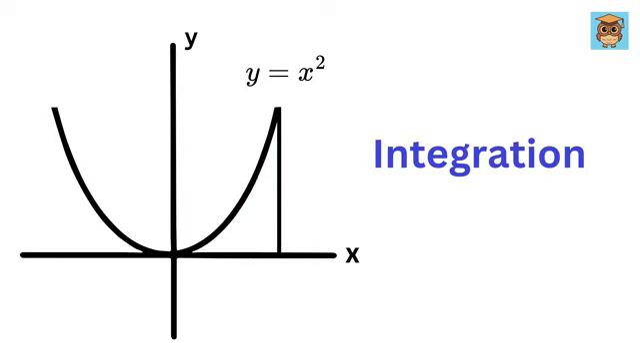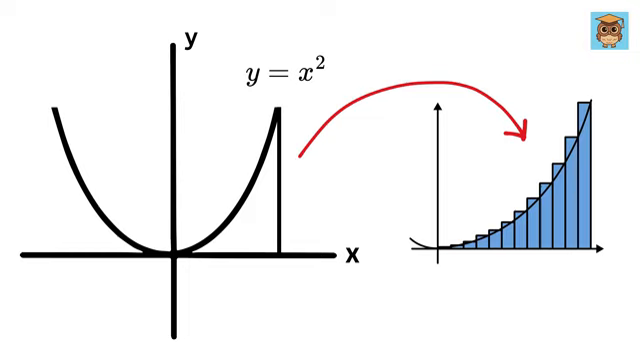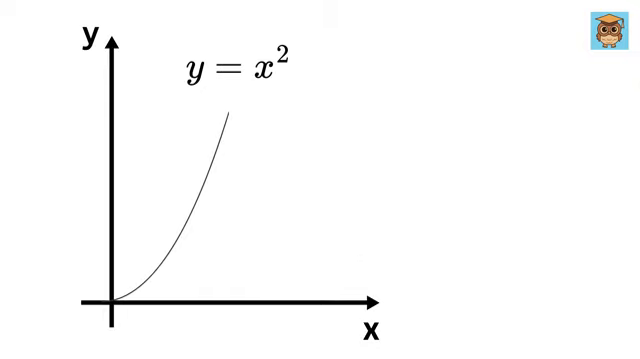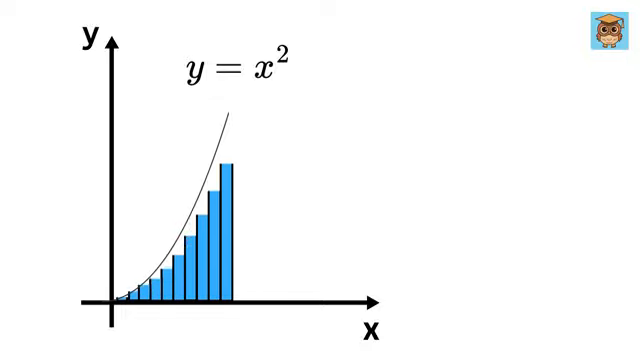The key idea is to break a complicated shape like this one into tiny, manageable parts, like very thin rectangles. Then for each of those rectangles, we calculate the area and then add them up. But how do we do that? For that, just imagine slicing this parabola into very thin vertical slices, almost like we are stacking pieces of paper